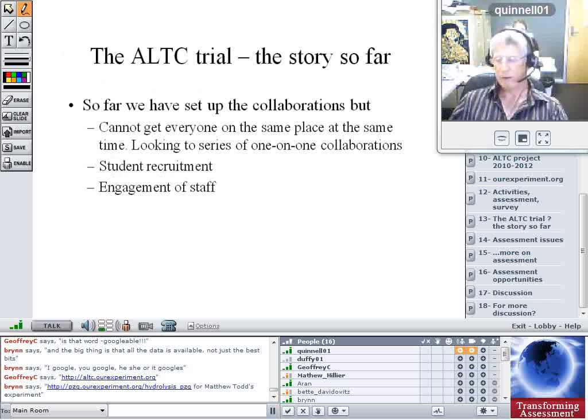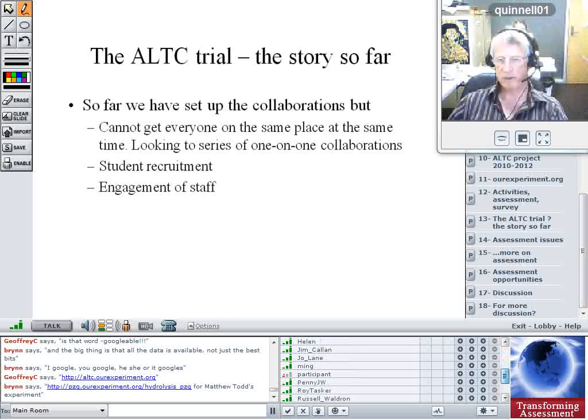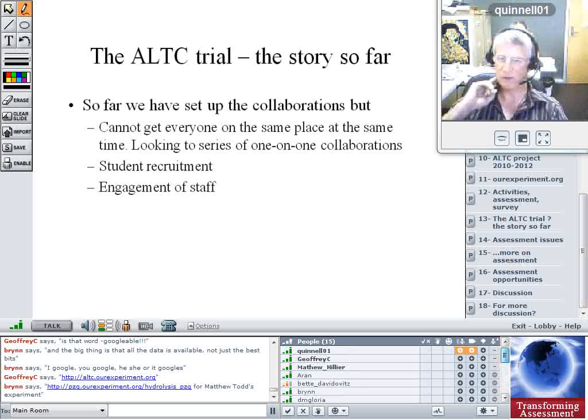Ideally, the way this would work is that we have all 5 institutions online at the same time, all the students lined up at the same time, and we'd all be working. One of the things we've found in many research projects is that it doesn't quite work out how you would hope. So getting all of the institutions organised at the same time, their sessions in line, etc., has been